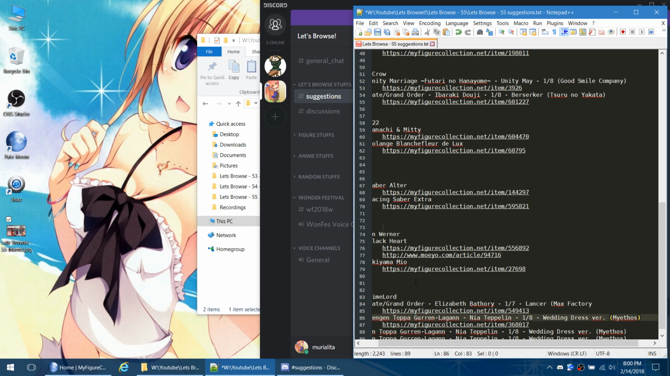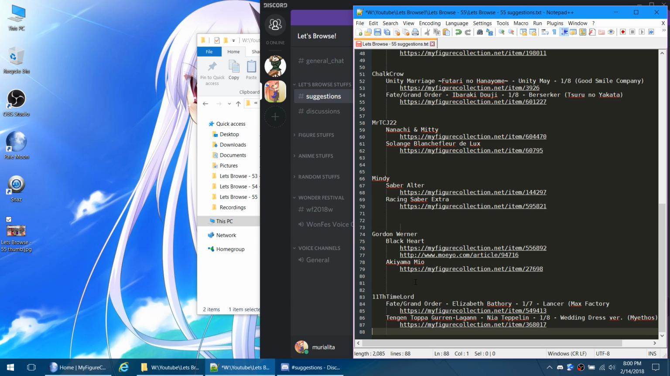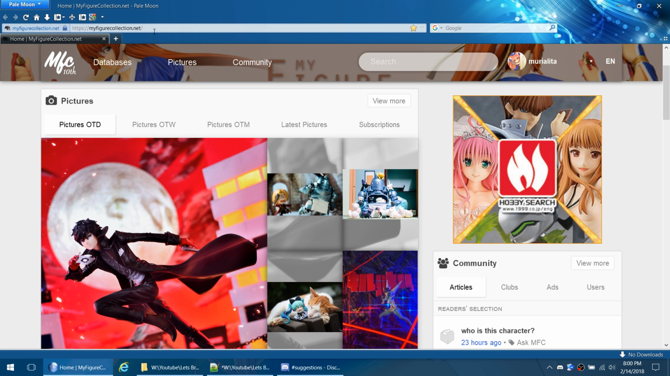And paste. Then delete these two rows. So like I said, Discord makes it a little bit easier. If we were doing it from YouTube, so we can go to